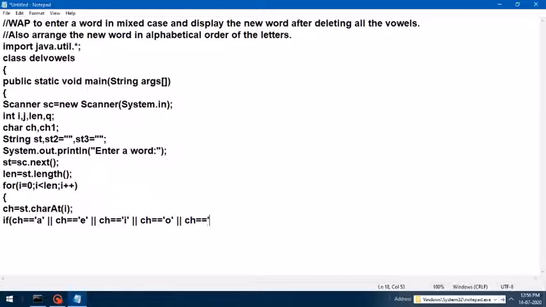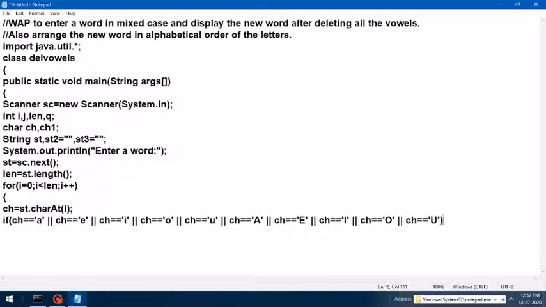Now I am taking the uppercase. I hope this is clear to all. A, E, then capital I, capital O, or ch double equals capital U. This is the if statement.